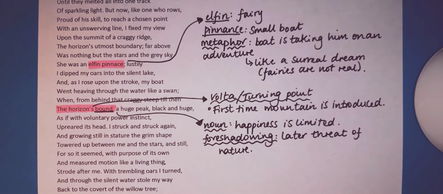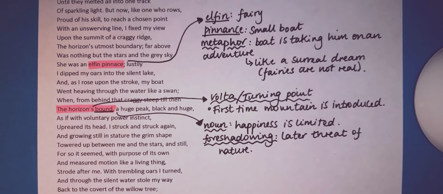So this is an example of how Wordsworth might be expressing his belief that nature was both beautiful and powerful. Because we know up till this point, the narrator has been complimenting the nature that's around him, but all of a sudden, the atmosphere has changed. So there's a turning point here because the mountain has arrived. So he can now see the mountain, and it's emphasizing the beauty of nature and the power of nature, so it can intimidate the man.